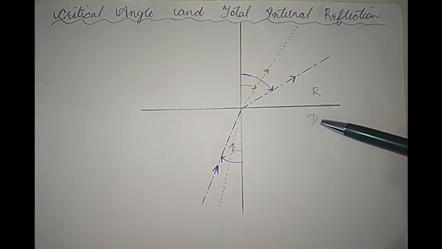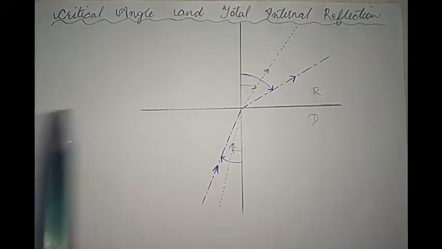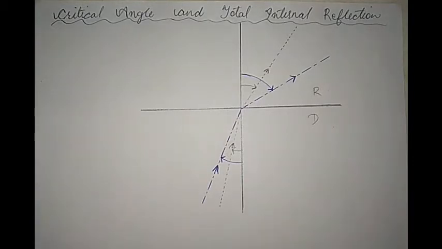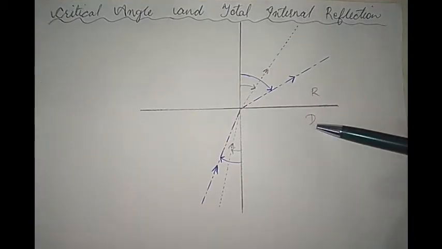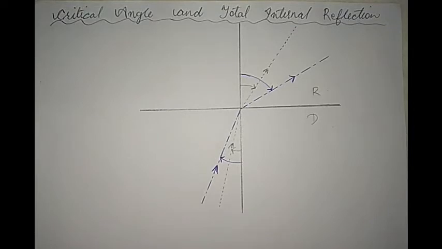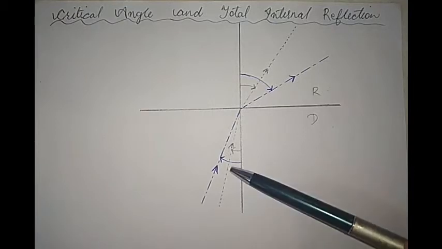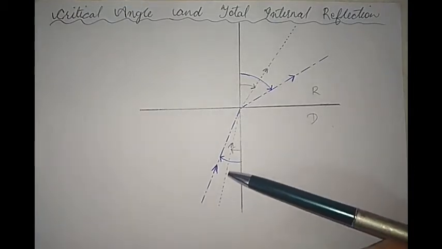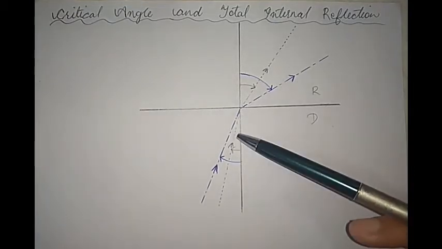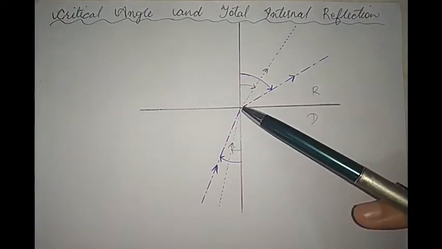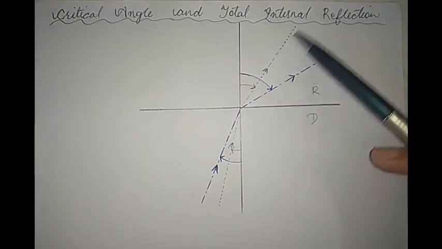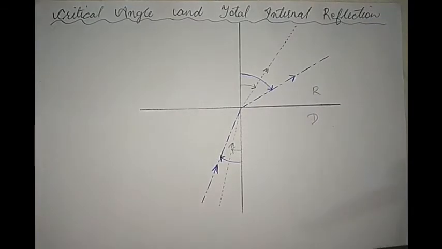of light is coming from a denser medium and going to a rarer medium. So we talk about critical angle and total internal reflection only when a ray of light is coming from a denser to a rarer medium, that is, when the refracted ray is bending away from the normal. So first of all, let us look at these small dashed lines. These small dashed lines represent the incident ray in the denser medium. And you can see that the ray of light after refraction is bending away from the normal in the rarer